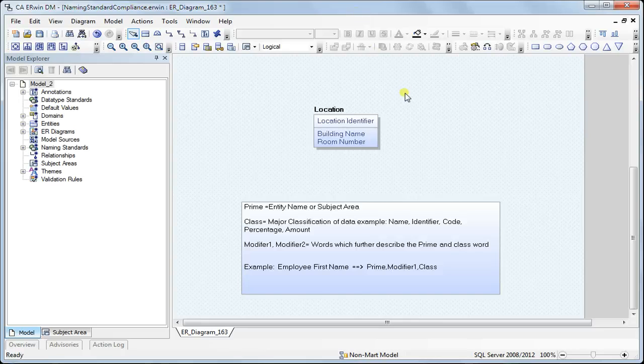In this example, what I'll discuss is how to enforce the word order. By word order, I mean, say in here you see that employee first name is the word, and what we are saying is that every attribute should have three parts to it. One is the prime word, which is more like a subject area or the name of entities,